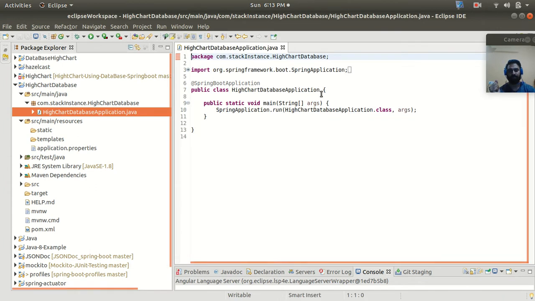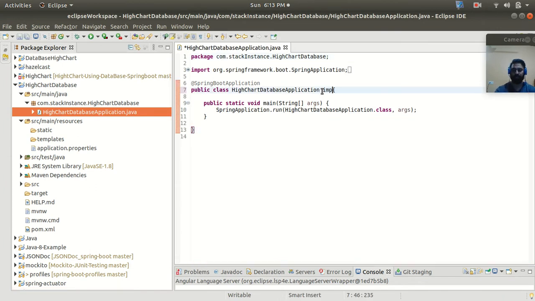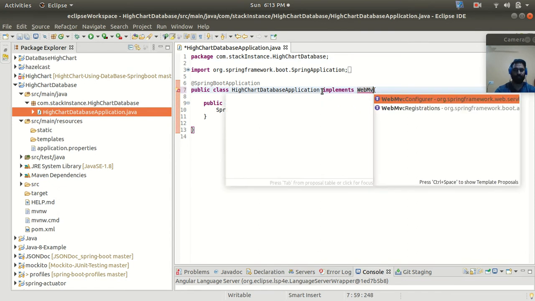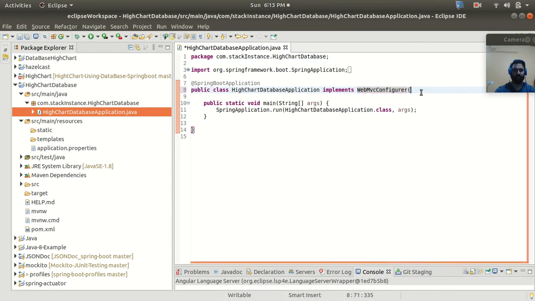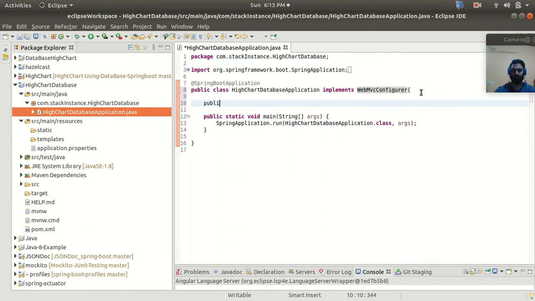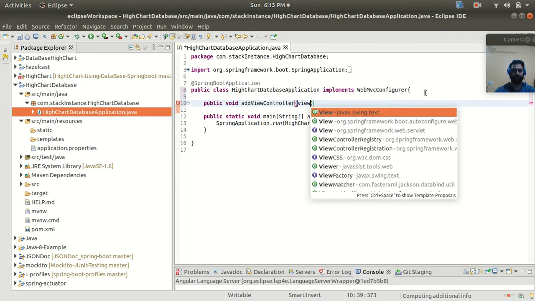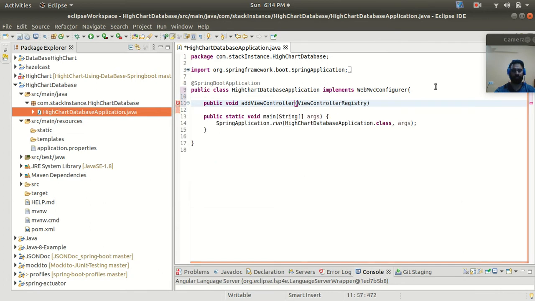and here I will implement the WebMvcConfigurer interface, and then I'm going to write one method, public addViewControllers, and in the argument I'm going to take the ViewControllerRegistry.